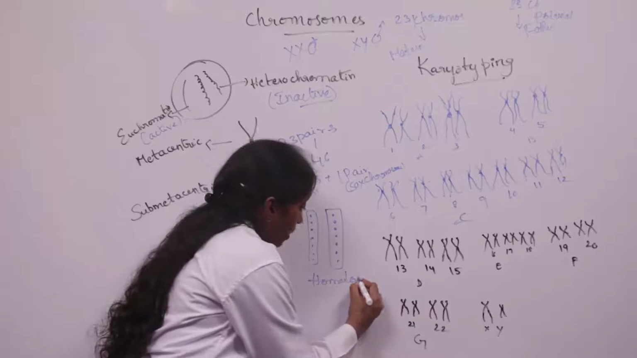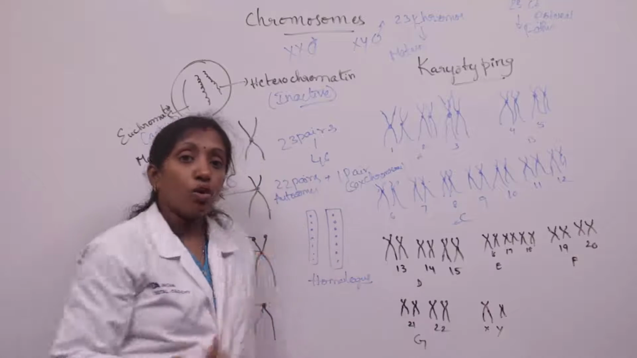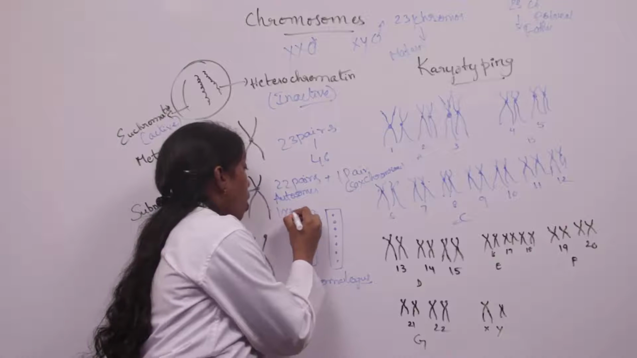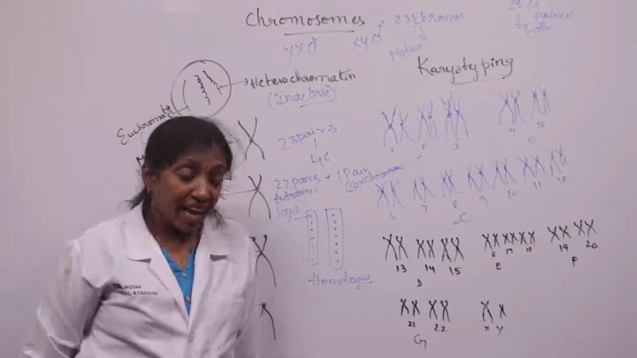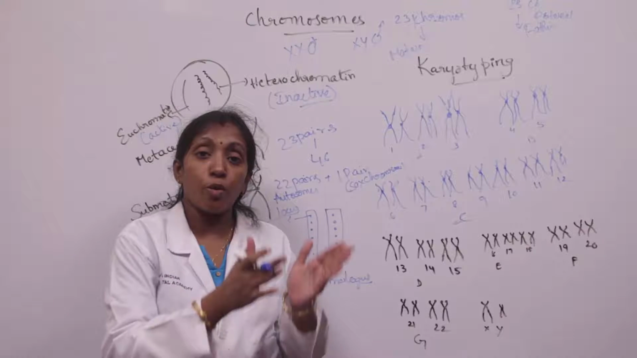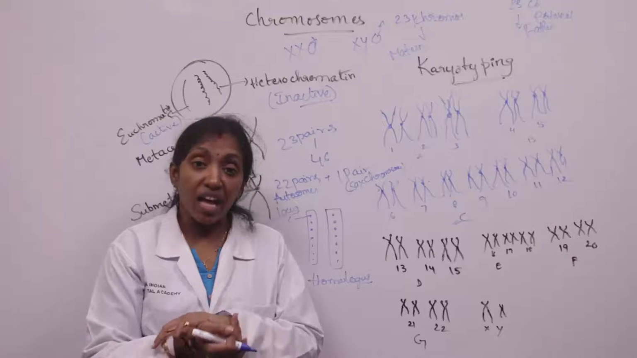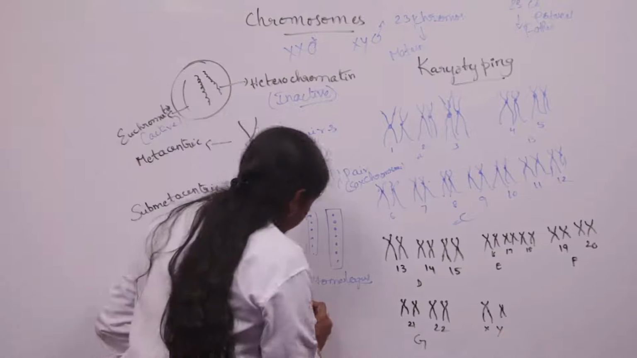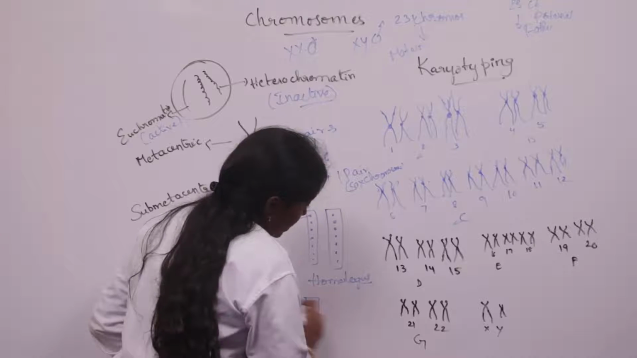Okay, so the position of a gene on the chromosome, we call it the locus. In the homologous chromosomes, the genes are arranged in the same manner. And in non-homologous chromosomes, what happens here is, for example, when we take